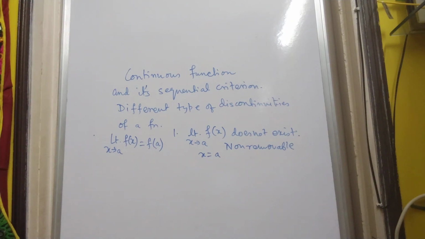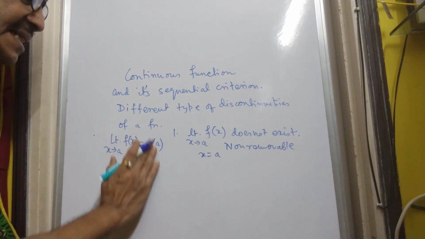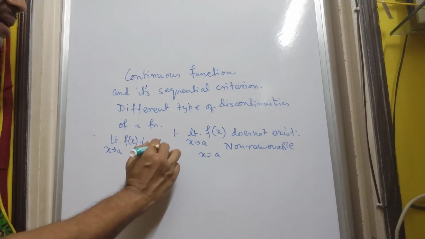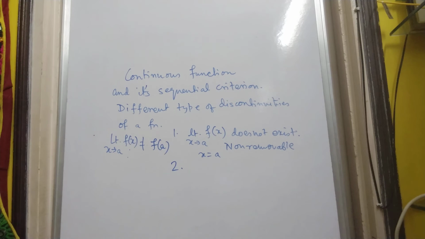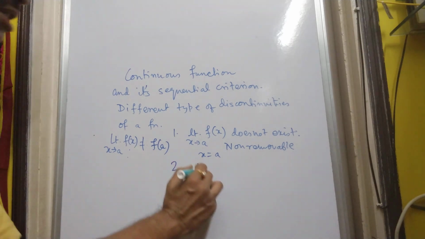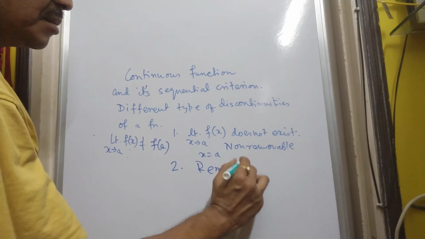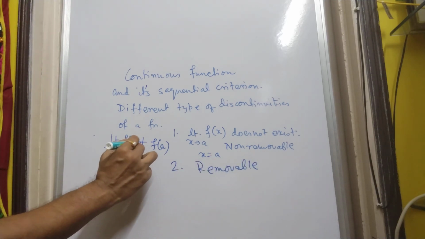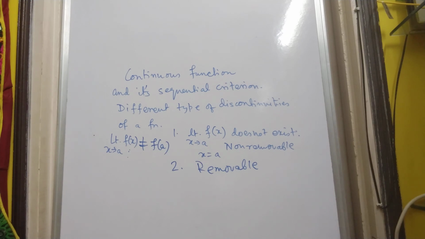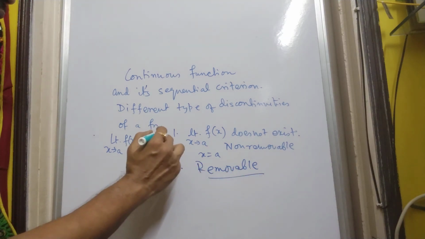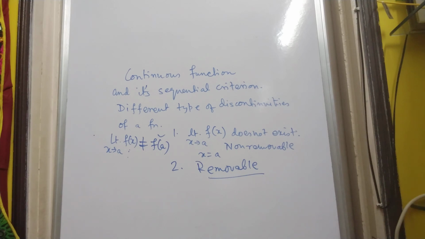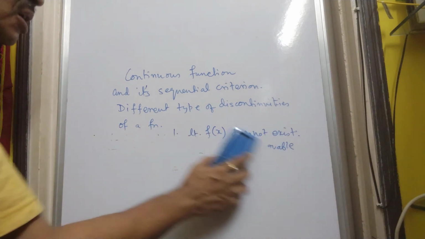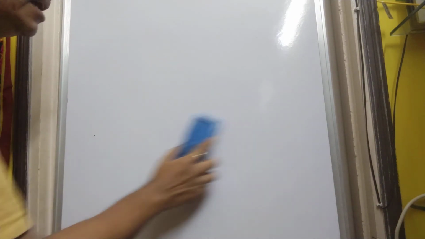Non-removable discontinuity. But whenever this limit exists and is not equal to f(a), then we have the second type of discontinuity, which is removable discontinuity. Because the limit exists, but it is not equal to the functional value. Why is it removable? Because we can define the value of the function forcefully to be f(a). We can adjust it. That is the basic idea. Okay? So now let us get back to the concept